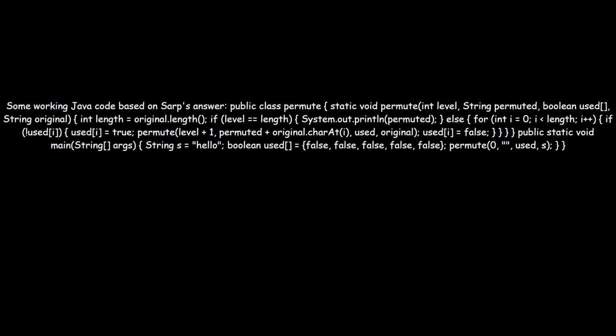permute(level + 1, permuted + original.charAt(i), used, original); used[i] = false; } } } } public static void main(String[] args) { String s = "hello"; boolean[] used = {false, false, false, false, false}; permute(0, "", used, s); } }